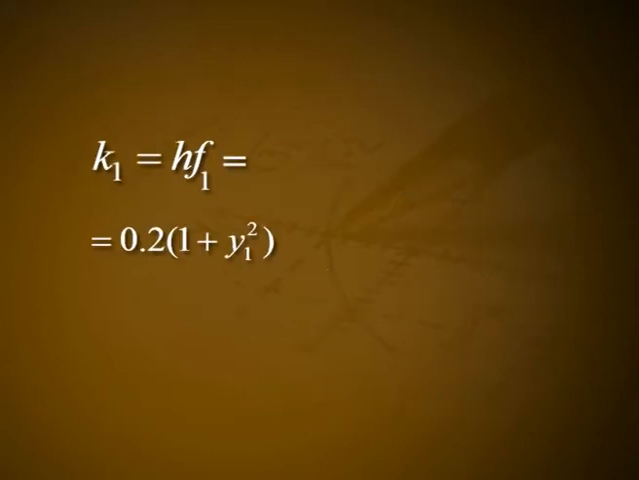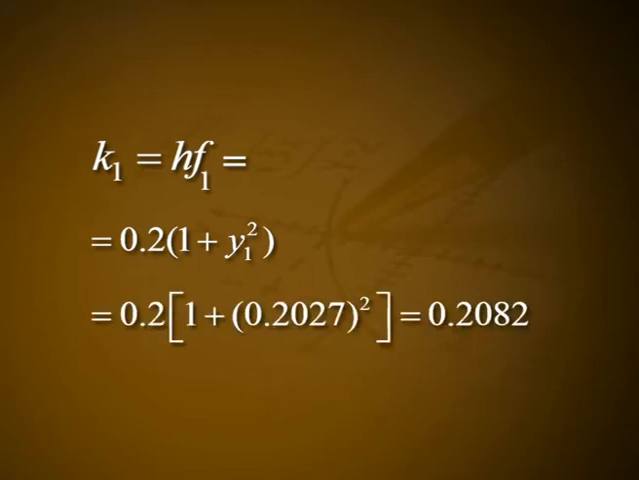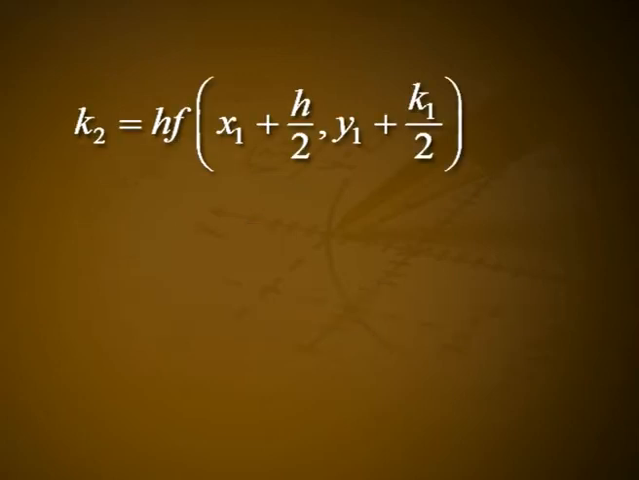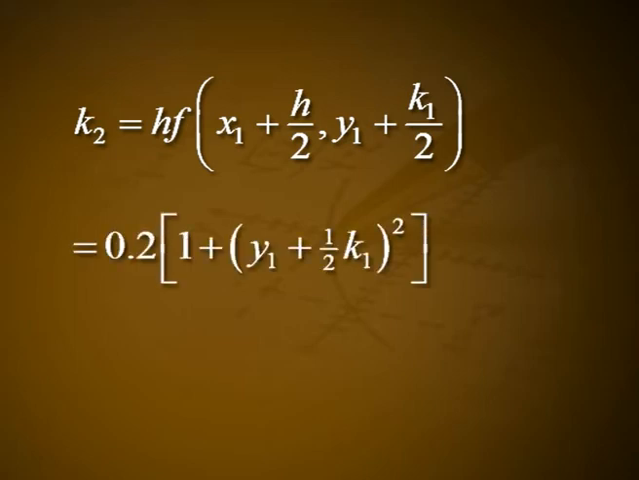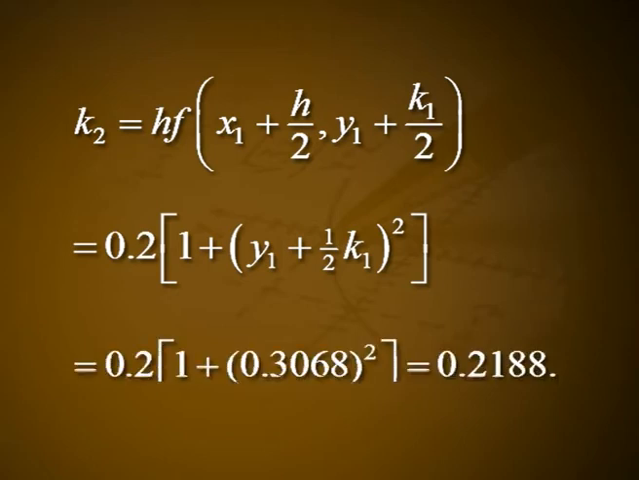k1 equal to h into f1, that is equal to 0.2 into (1 plus y1 square), that is 0.2 into (1 plus 0.2027 the square), that is equal to 0.2082. k2 equal to h into f of (x1 plus h by 2, y1 plus k1 by 2), that is equal to 0.2 into (1 plus (y1 plus 1 by 2 k1) the whole square), that is equal to 0.2 into (1 plus 0.3068 square), that is